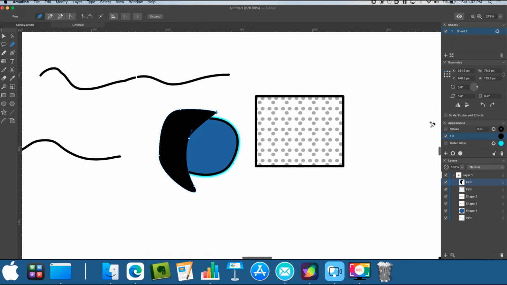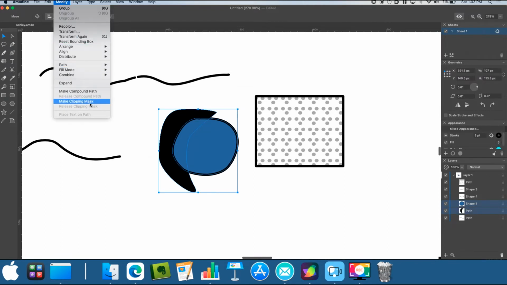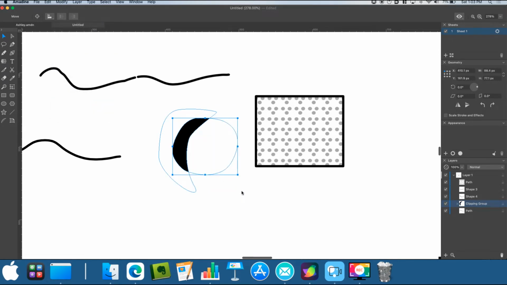Now, opposite of Affinity Designer, the shadow object that I'm clipping is usually on top of the circle object, but in this case, this is going to be below the circle object. And I'm going to take away the outer glow for the circle object as well. And now what I'm going to do is I'm going to select both these paths, and I'm going to click Modify, Make Clipping Mask. Now you'll see that the circle object disappeared, but that's okay,